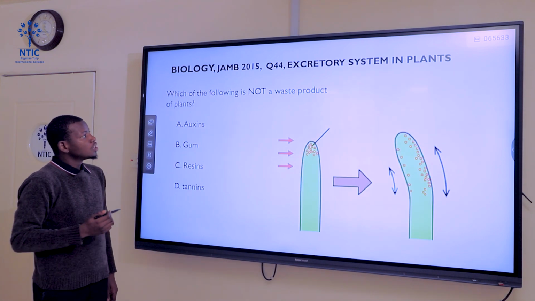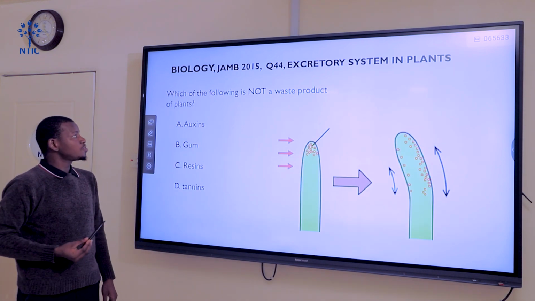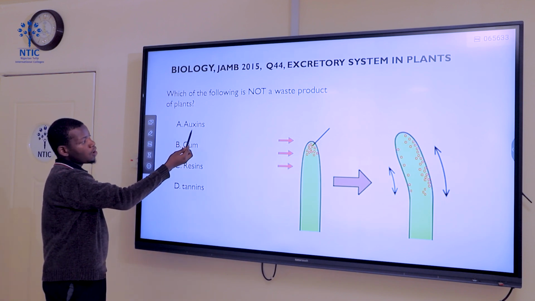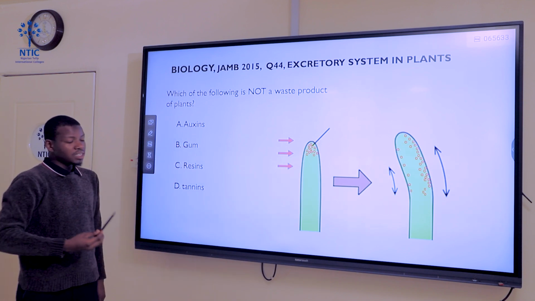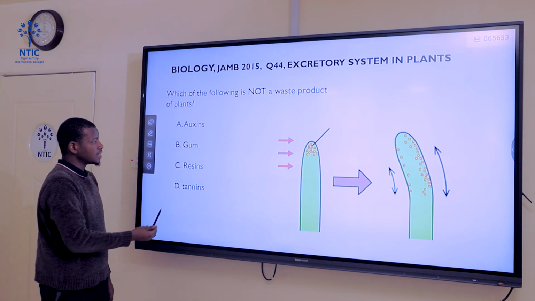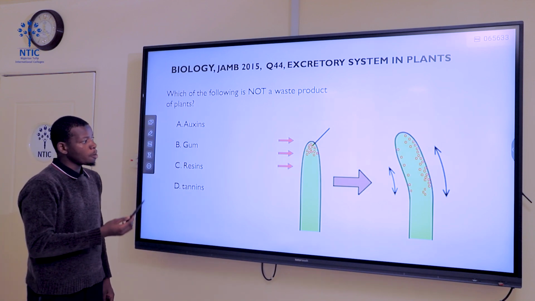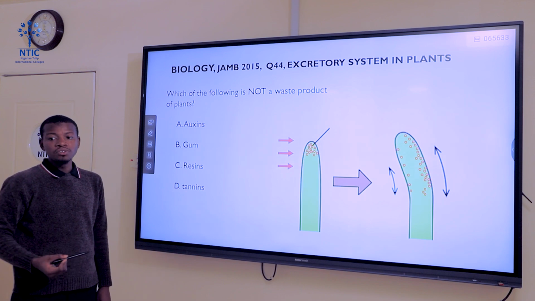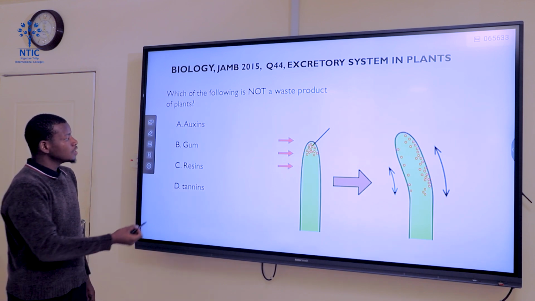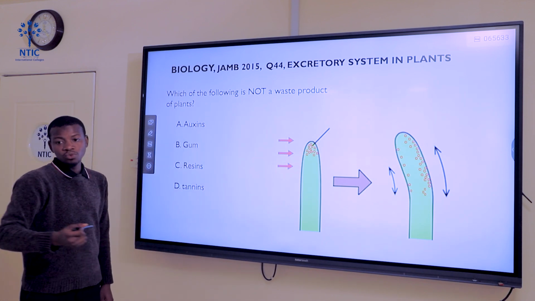Question 44. Which of the following is not a waste product of plant? A. Auxin, B. Gum, C. Resin, and D. Tannin. Gum, resin, and tannin are all waste products of plants. Even though some of them are useful to animals and humans, they are still considered as waste products of